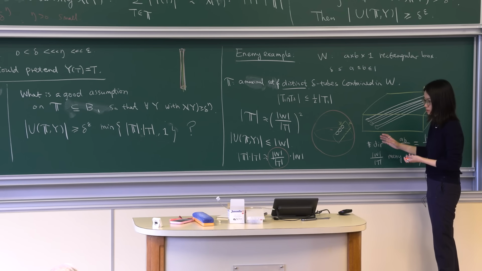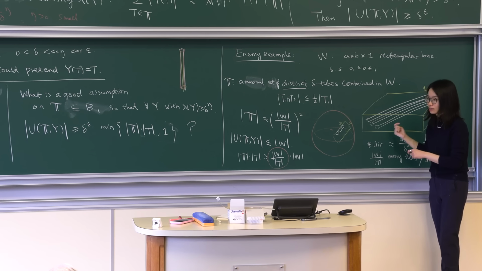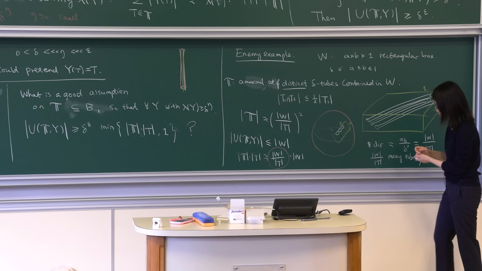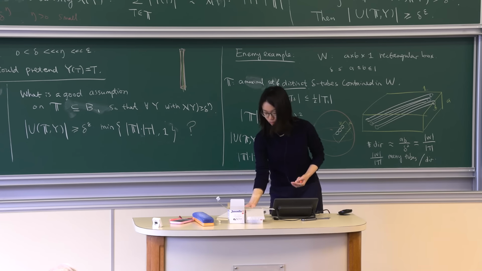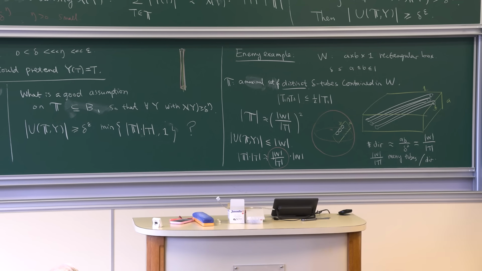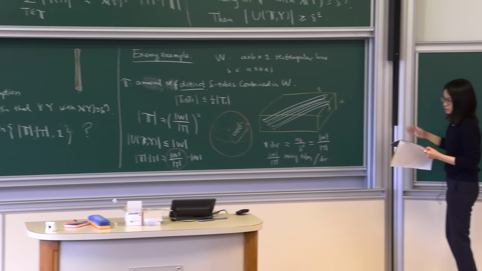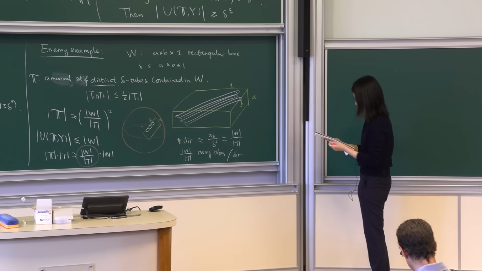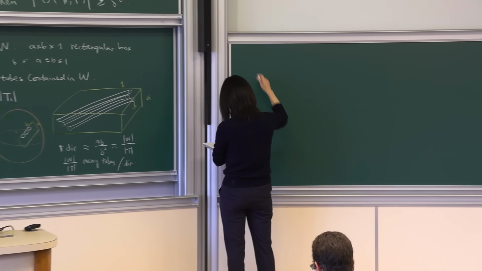So what we proved can be summarized as: in dimension 2 and 3, that's the argument that we are going to see for the lectures. This is the only enemy example, and in higher dimensions there will be other enemy examples. So based on this enemy example, we could define a different assumption than the Kakeya assumption. That is,